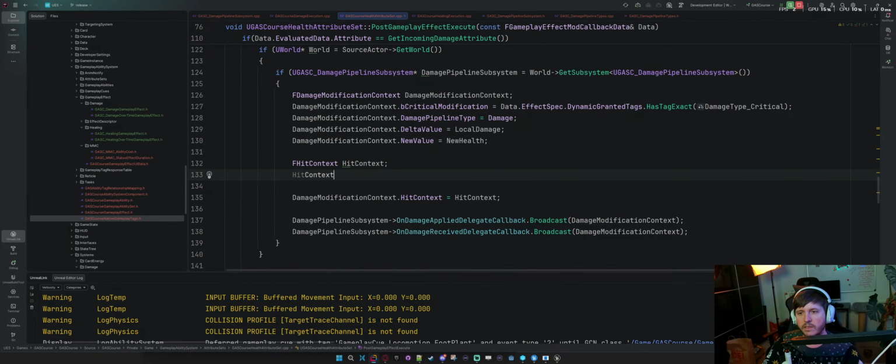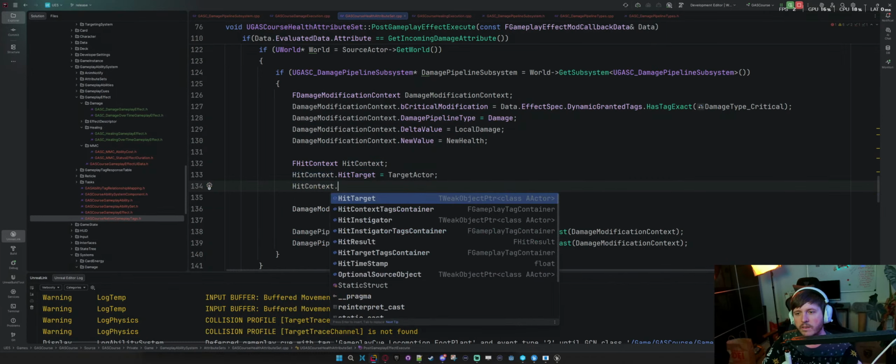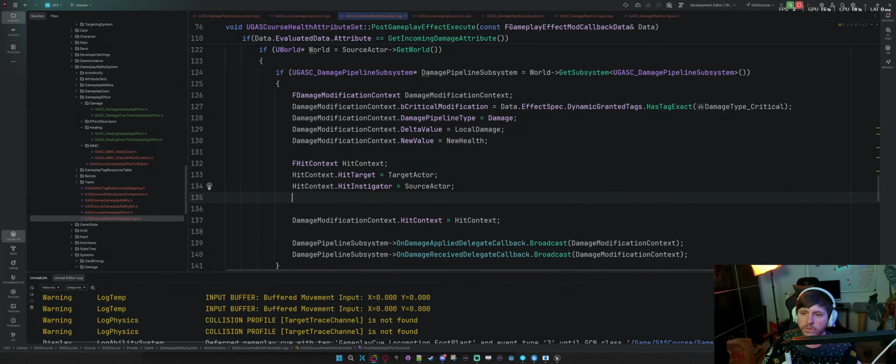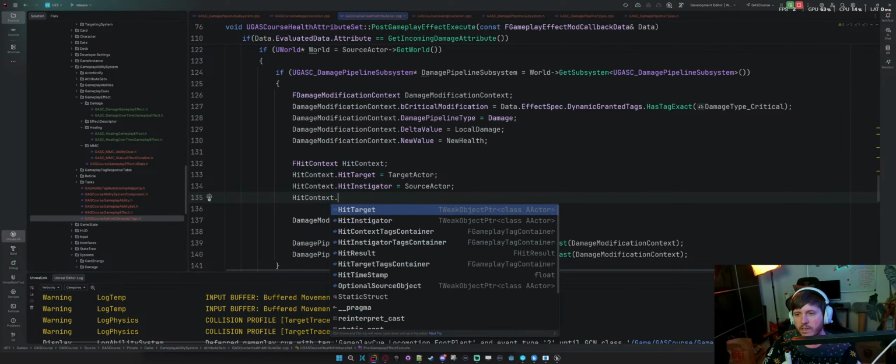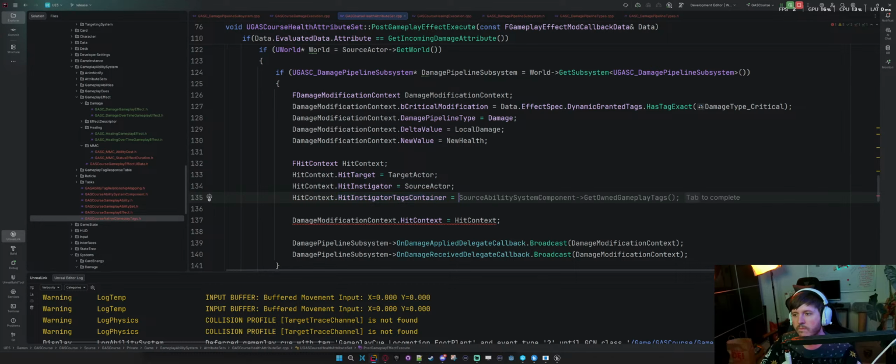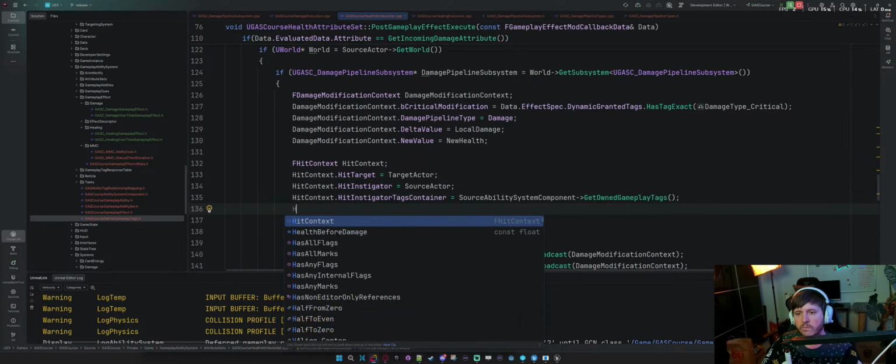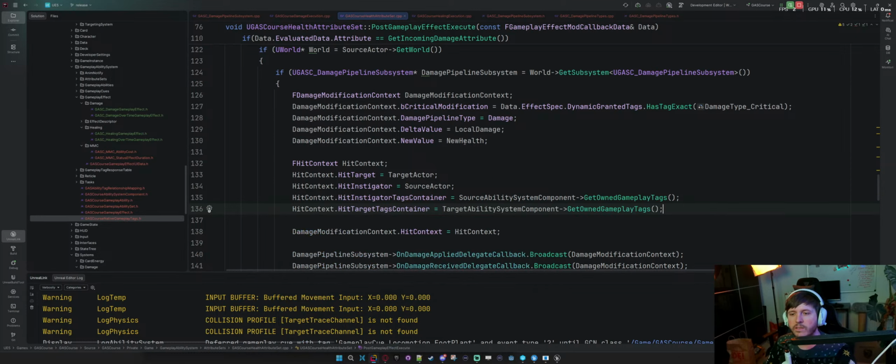So I should be able to say hit context dot hit target equals target actor, hit context dot instigator equals source actor, hit context dot hit context text container. That's all fine and dandy. I don't know if I'm passing in the additional context tags for it, because I also want to know damage type, right?